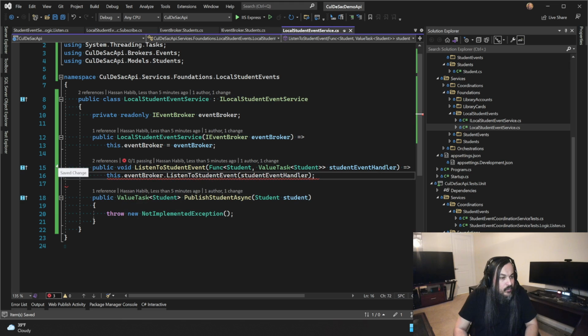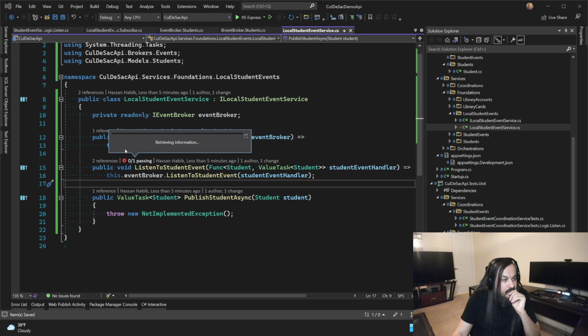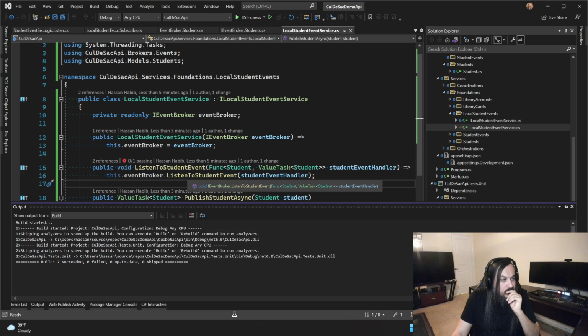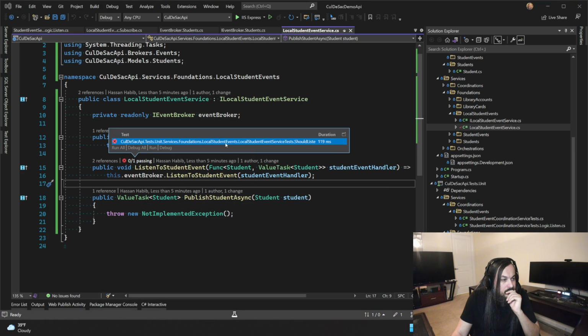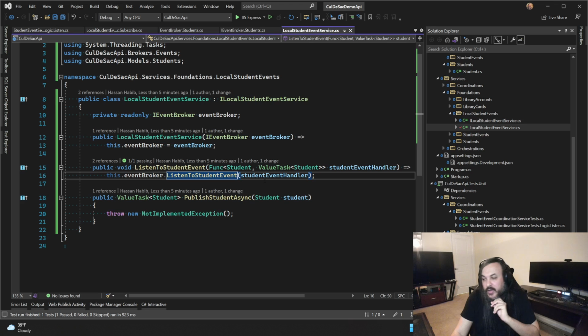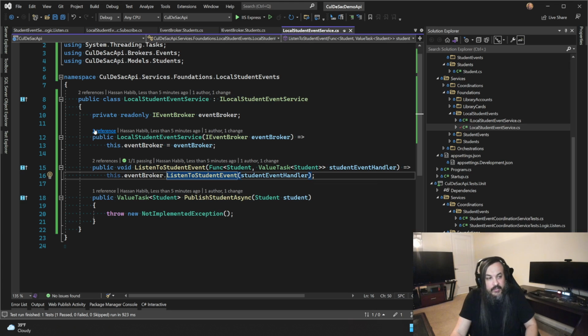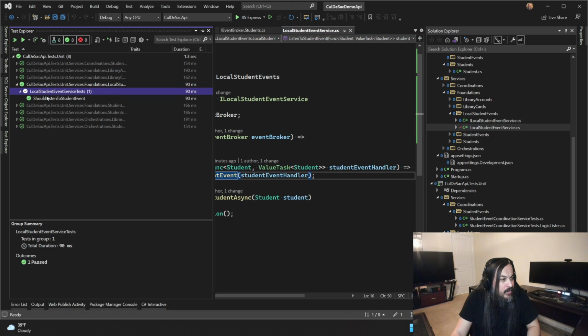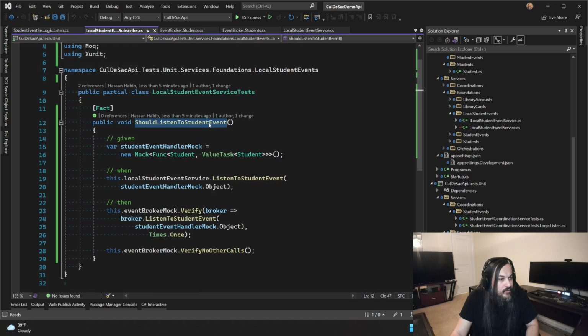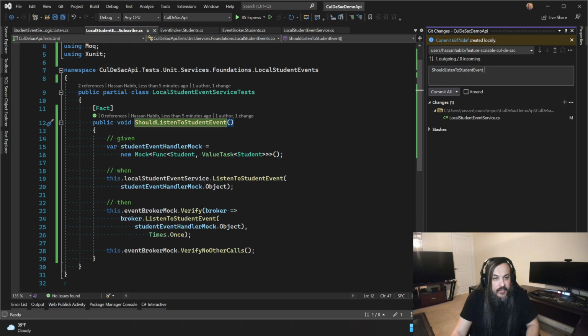So this dot event broker listen to student, done and done. If I go and run these tests again, I should be golden. Let's go to this test. Here you go. That's all that you did. You're just registering to that event. No harm, no foul there, right? You don't have to do mapping to anything. It already recognizes your local model as God intended it to be. You don't have to worry about anything else. Okay, so that's one guy. Now let's get the other guy. The other guy is just as simple as that. So this is a pass.